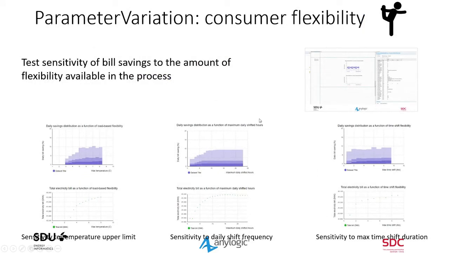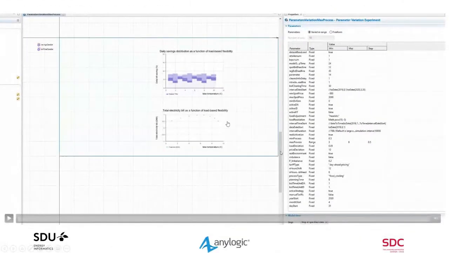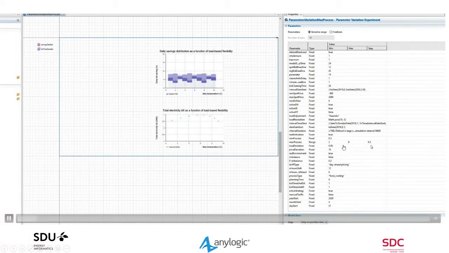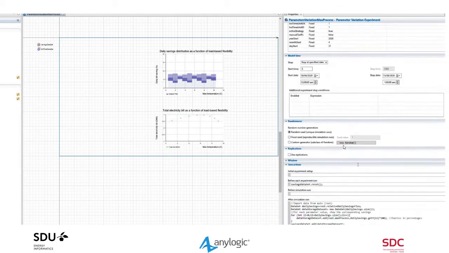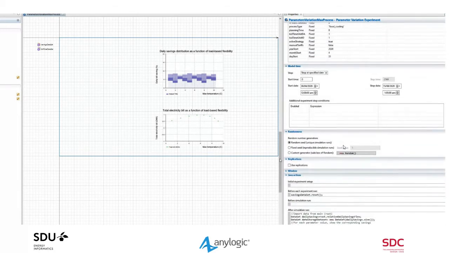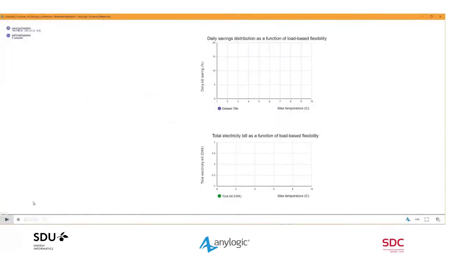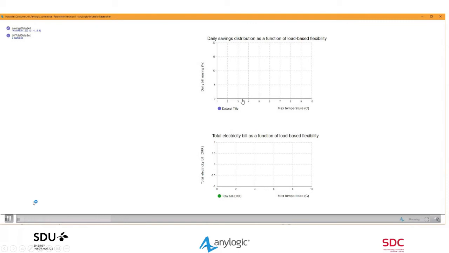And then the last thing I wanted to show, a bit of time left, is this parameter variation, right? Because what you're interested in is if I change my maximum temperature, if I increase that, I can bid more on the electricity market and therefore make more savings. So what we'll do here is on this axis, the max temperature is going to vary between 3 and 8 degrees. And we'll see for each of these values how, first of all, on this axis, your overall electricity bill looks like. And this one will show essentially the distribution. So I'm modeling over 3 months. And so for each day within the month, I'll see how much I save compared to my base load.